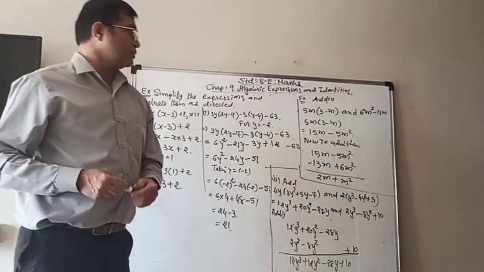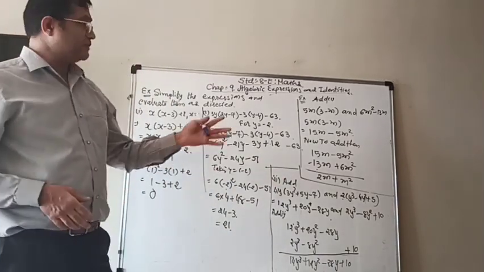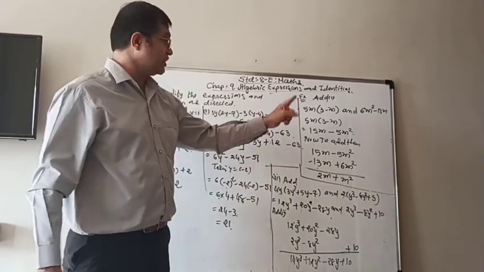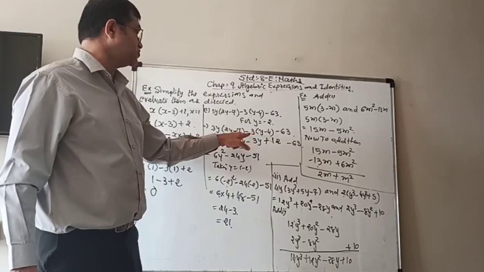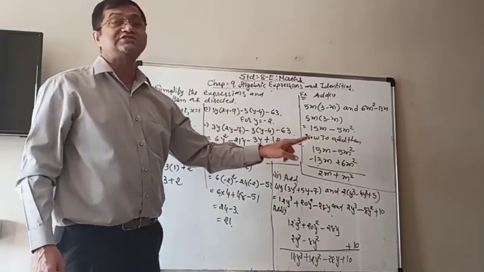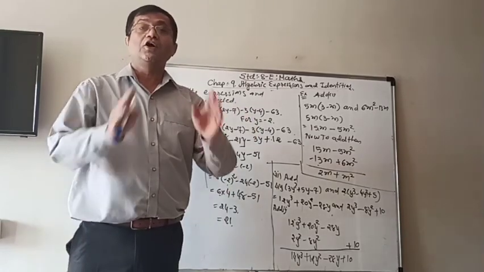So here we are going to finish the session. It will be followed by a PDF. And be careful doing the sums, especially when there is a minus sign between the brackets, as I told you. Then the sign must be changed, otherwise you will get wrong answers.